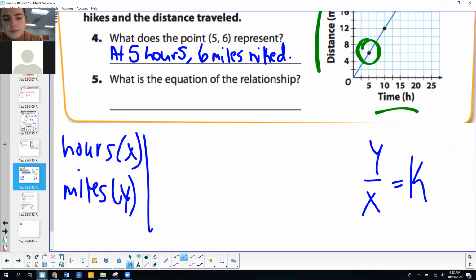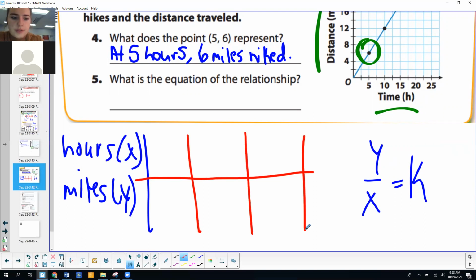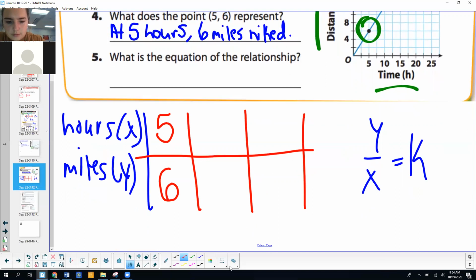And I'll make like a little table. All right, so we know that at 5 hours, we biked 6 miles. So to figure out what the constant of proportionality is, remember, we have to take y divided by x to figure out k. So this one's a little less obvious. So we're going to go ahead and we're going to take,